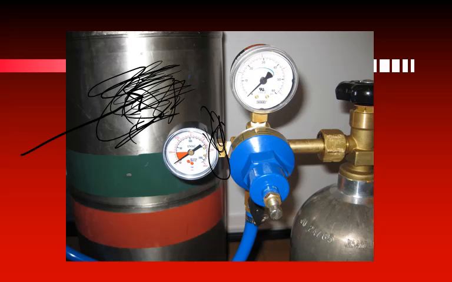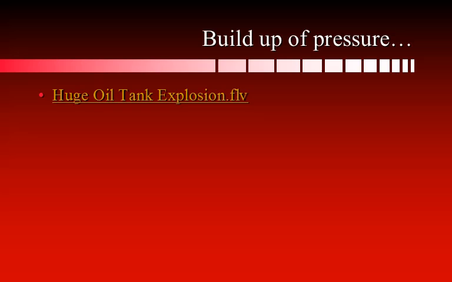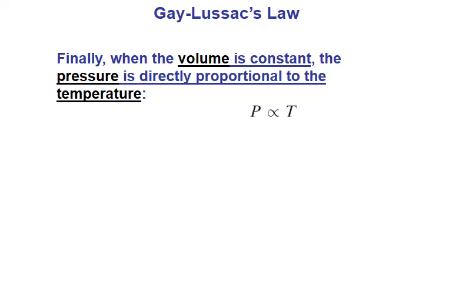And so, as you're dealing with higher and higher pressures, it takes more and more integrity of the structure to be able to withstand that. So I show in this clip an oil tank explosion, where the pressure built up so much that eventually the structure gave way and exploded. So this is Gay-Lussac's law, where the volume is constant, pressure is directly proportional to temperature, and the pressure is in pascals, temperature